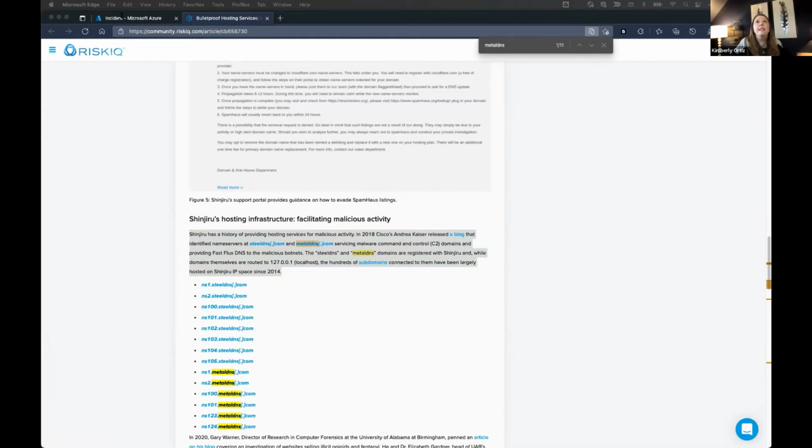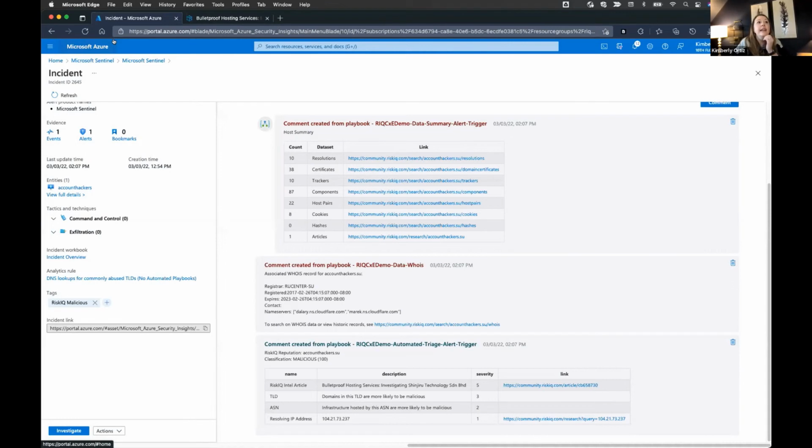I'm going to go back to Sentinel and take a look at the data that I pulled in from my playbook runs, right? One of those was this WHOIS data. It tells me right here that I can see historic WHOIS records, because right here I see these name servers, okay, it's cloud failure. Those weren't included in the article, but maybe earlier in history, something from the article was linked to this domain. So let's open this up.